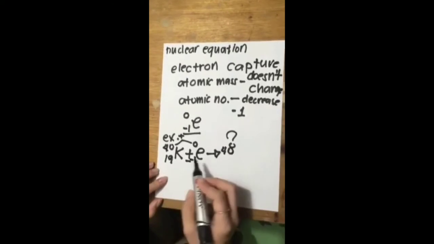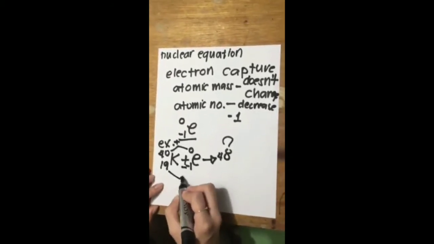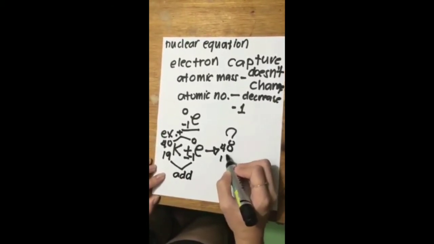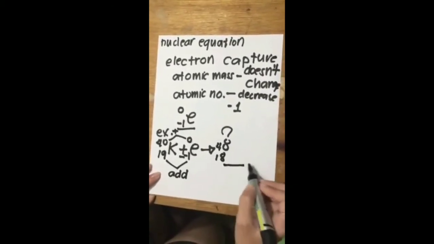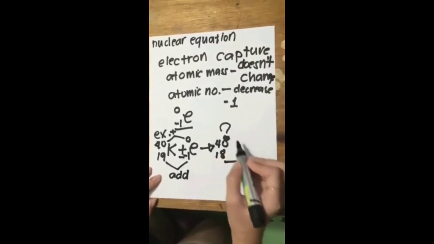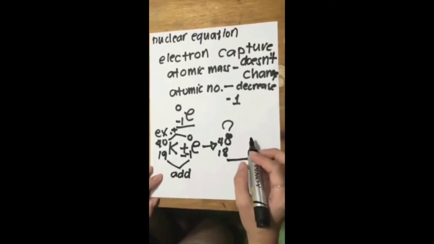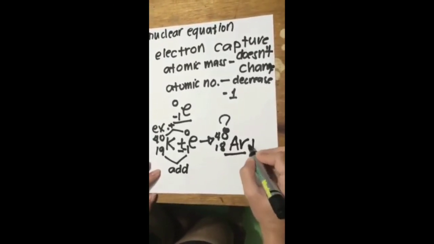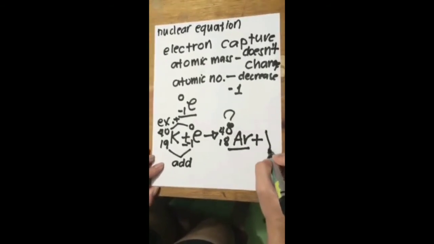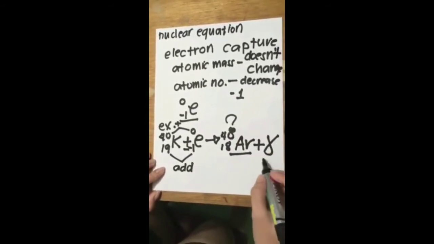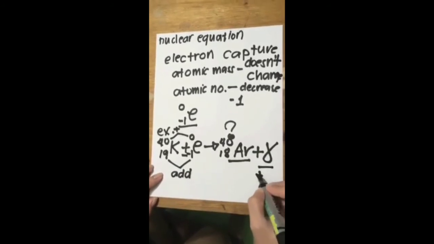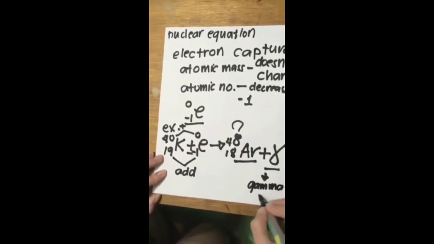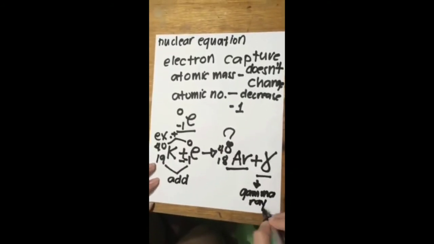Then next is the atomic number. 19 plus -1. The new atomic number will be 18. So the newly found element will be argon. And don't forget to write the gamma ray, which represents the extra energy being released during the electron capture. To check if it is balanced, if both atomic mass and atomic number are equal to each other,